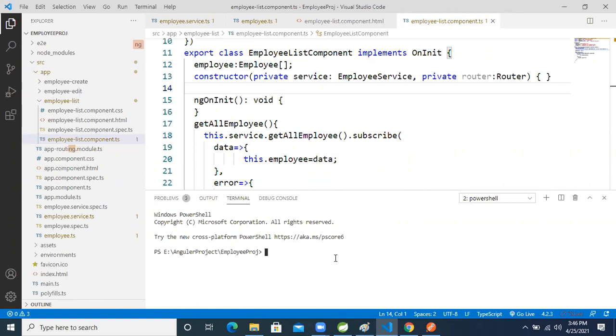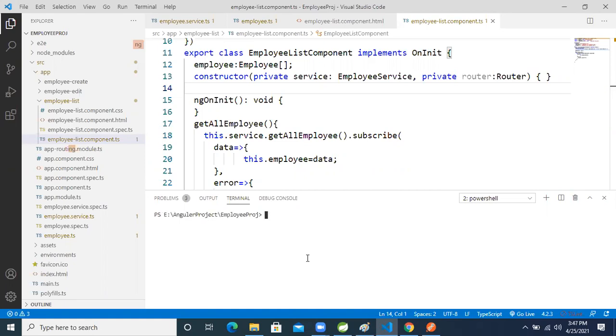One minute. I'm stopping the server again. I will run it. Sometimes these things will happen, guys. Don't worry. CLS. Now ng serve --open.